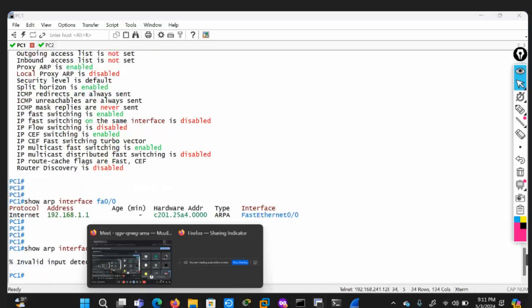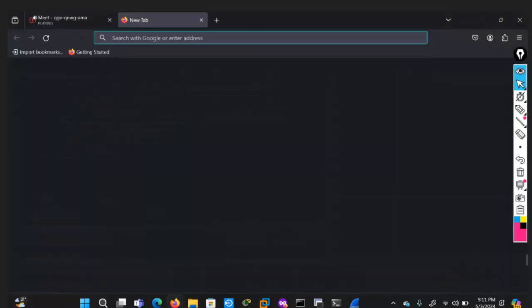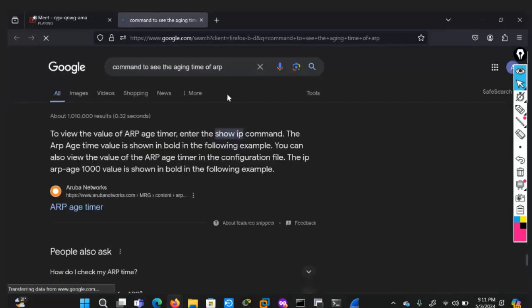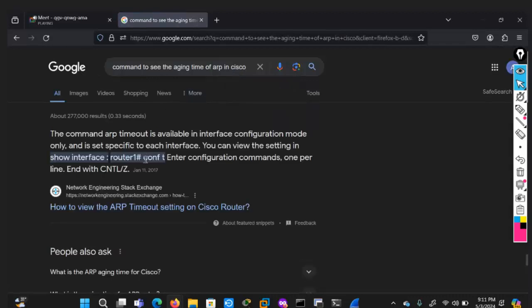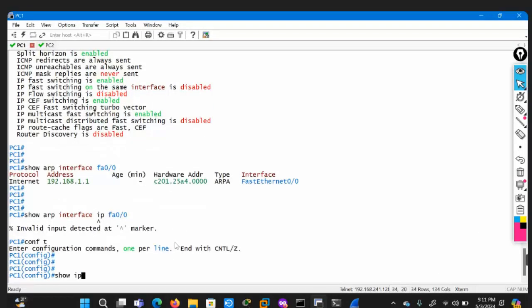I need to check the command. We can search the command to see the aging time of ARP. In Cisco, conf t, we need to go into the configuration mode. Conf t, so ip arp something like that.